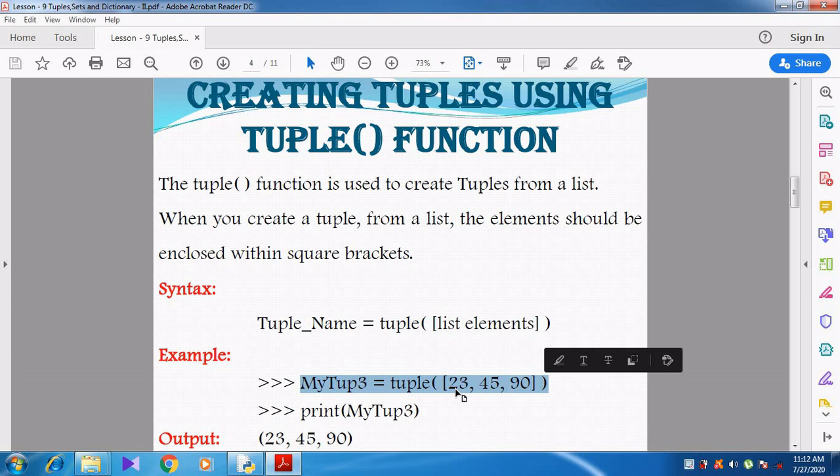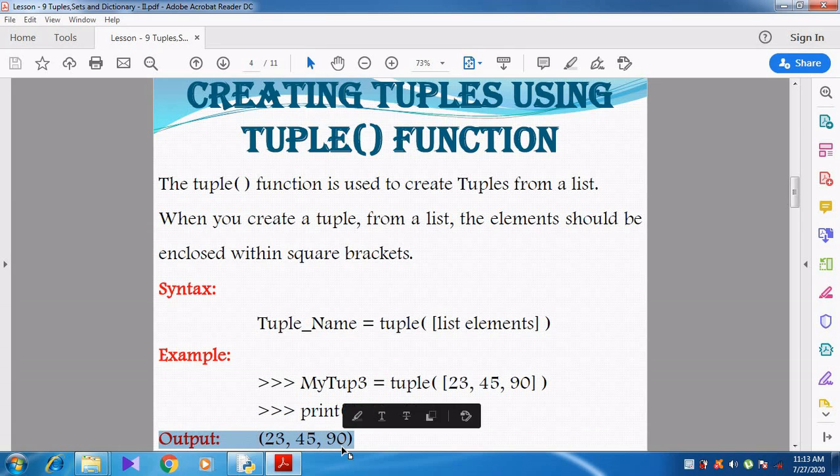Inside the tuple function: 23, 45, 90. After this, when I print my tup3, the values are printed within parentheses and separated by commas. I think you might have understood the tuple function.